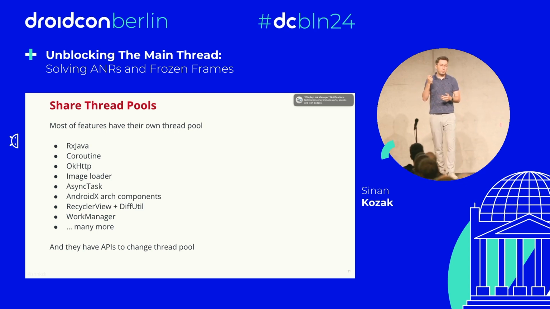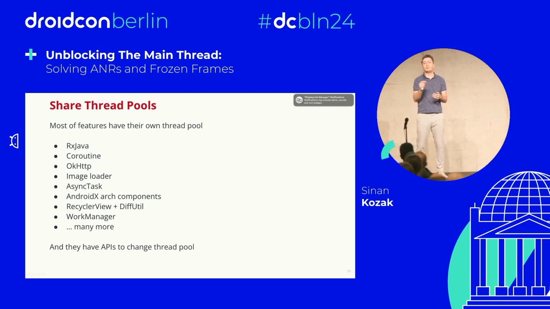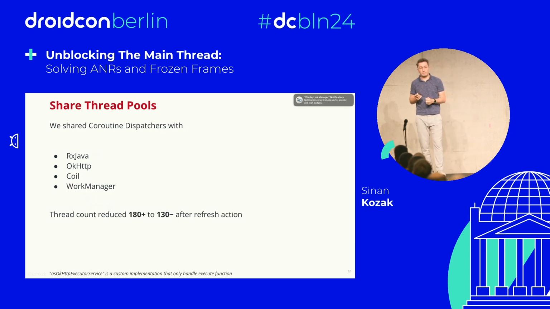And if you look at your application, you can put a debug pointer on the thread itself and see which libraries are creating them. The more libraries you integrate, you will notice that there are multiple thread pools in the application staying there in an idle state without doing anything and just allocating. These are some of the examples, but based on which frameworks and libraries you're using, the list goes on. So what we did is we started sharing those thread pools between our multi-threading options: RxJava, OkHttp, Coil, our image loading library, as well as Glide, and WorkManager also has its own